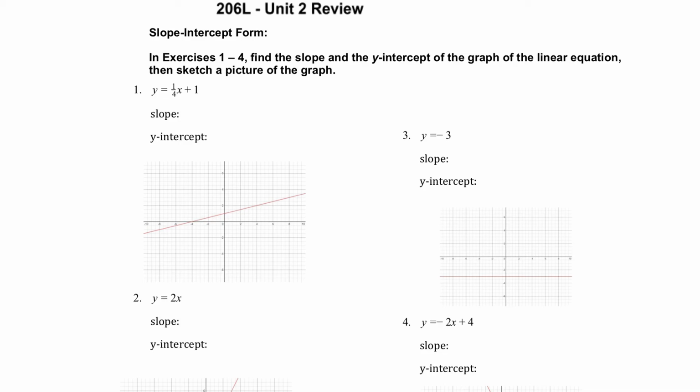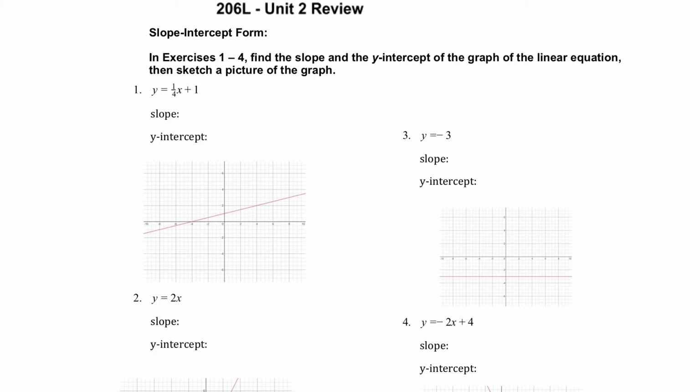So in the first questions, it says in exercises 1 through 4, find the slope and the y-intercept of the graph of the linear equation, then sketch a picture of the graph. Well, as you can see, I've already inserted the sketches of the graphs. So you can always pause it and make sure that your graph is sketched similar to what these graphs look like. But in question 1, it says y is equal to 1/4 x plus 1, and it's asking what the